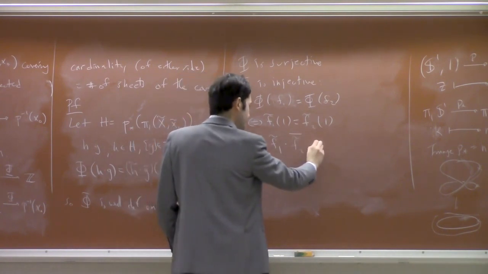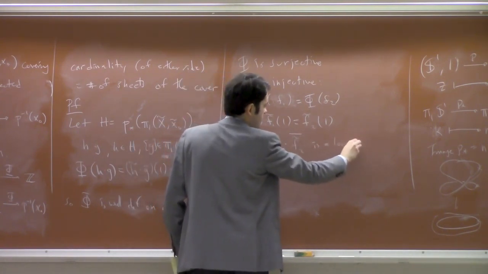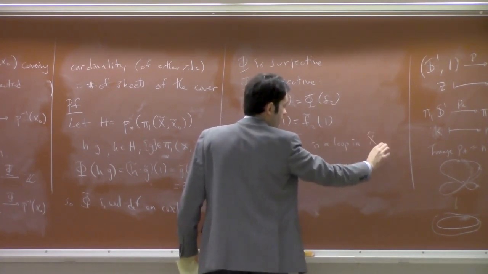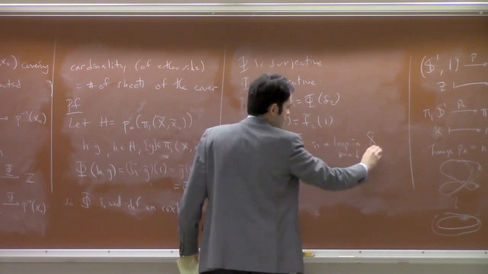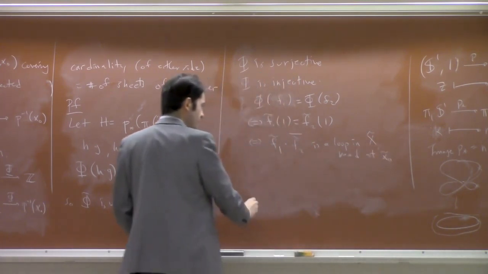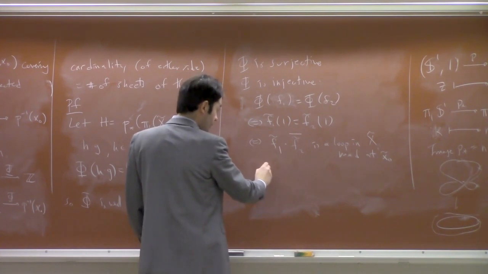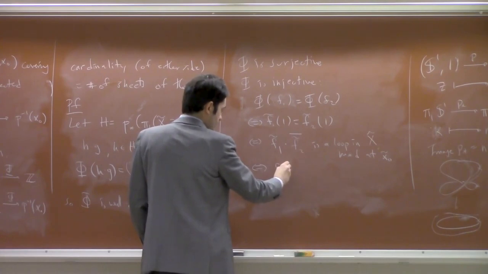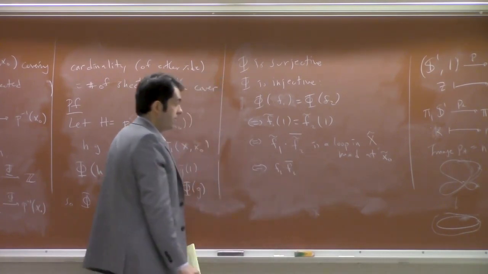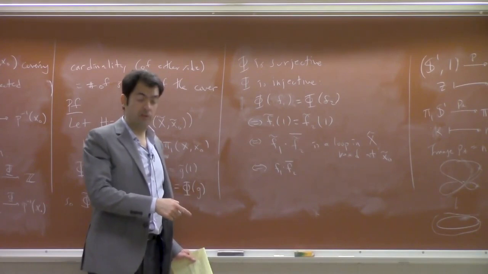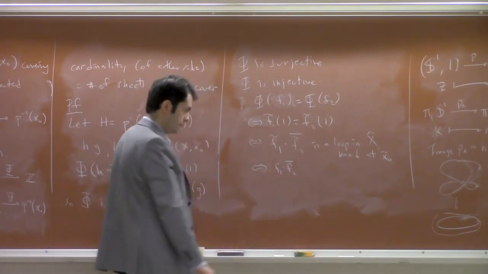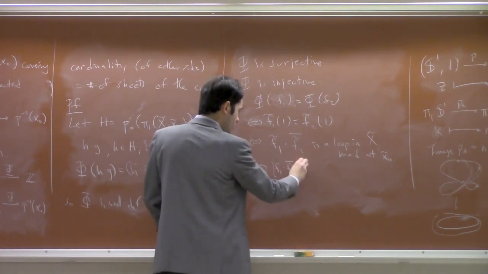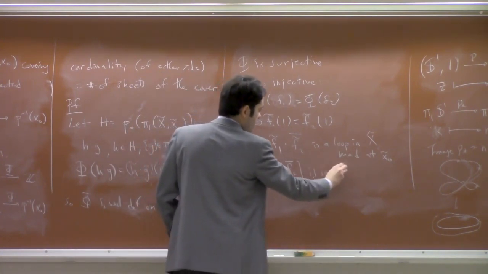So this is a loop in x tilde based at x naught tilde, which is equivalent to saying that this loop downstairs based at x naught, this is a concatenation of two loops, that this, the homotopy class, is in the image